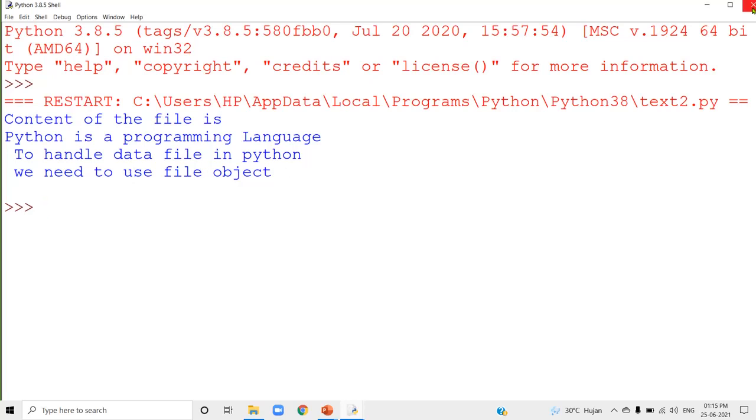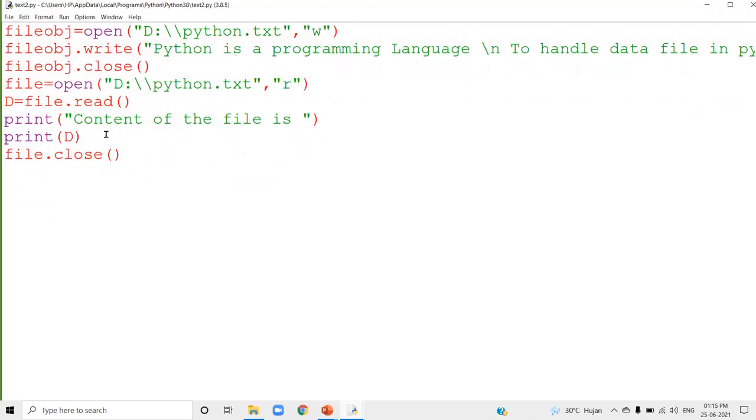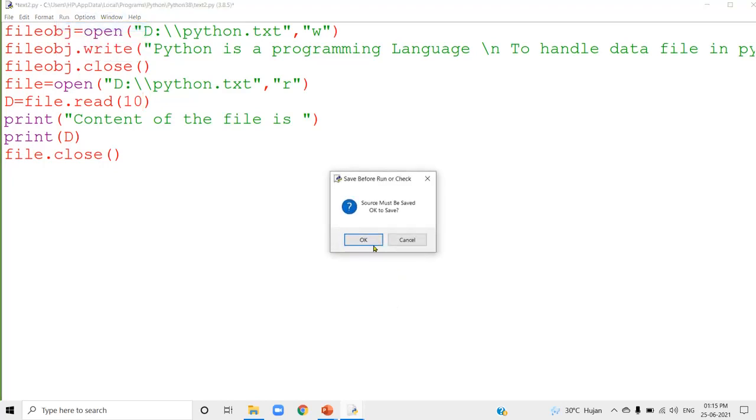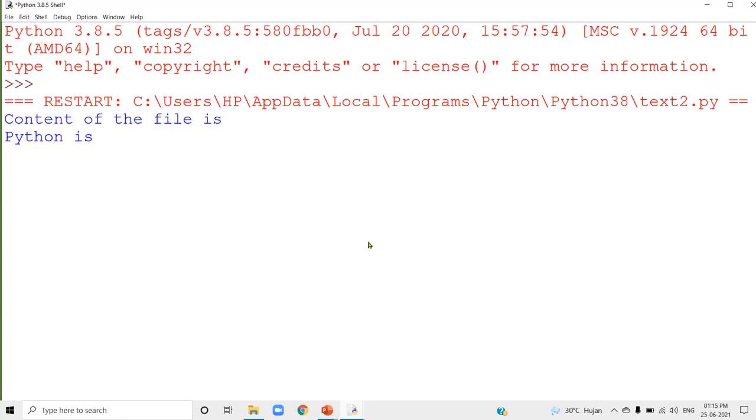Now, instead of this read method, I am going to say read of 10. From the beginning position, it will read 10 characters. From the beginning position of the text file, it read the first 10 characters. Now just run the program. See, only 10 characters are read here. You can count it: 1, 2,